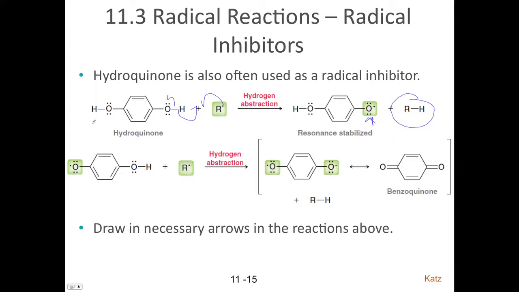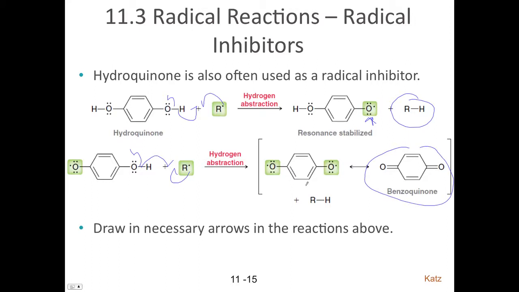But because this has 2 moles of OH there, this guy here can absorb 2 moles of this, which is good. Again, there's that, and then there's that, giving you another radical right there. But if you have this diradical right there, you have the ability to push these 2 radicals into the ring